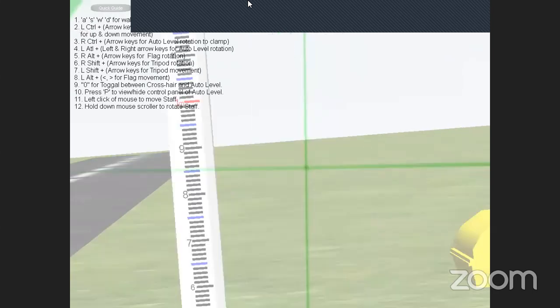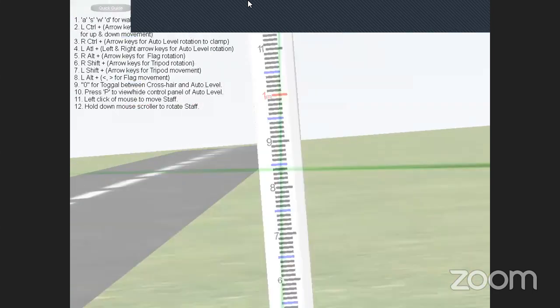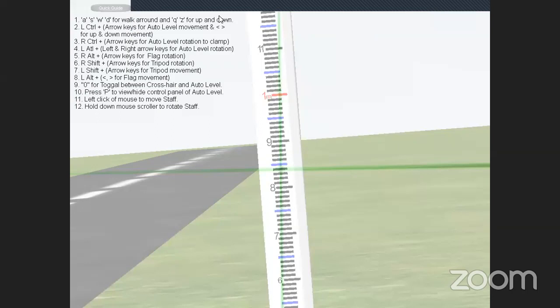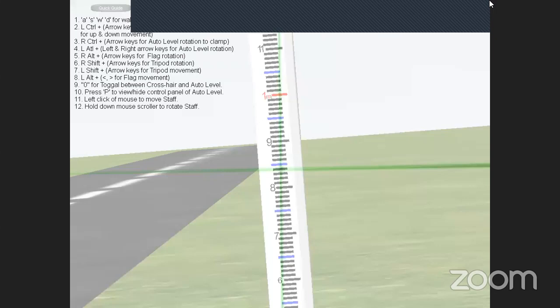Now what we are taking, students, note down, prepare one table. One column station, then back side, then intermediate side, then foreside, then height of the instrument, then RL. Prepare a tabular form so that you will know the calculations.